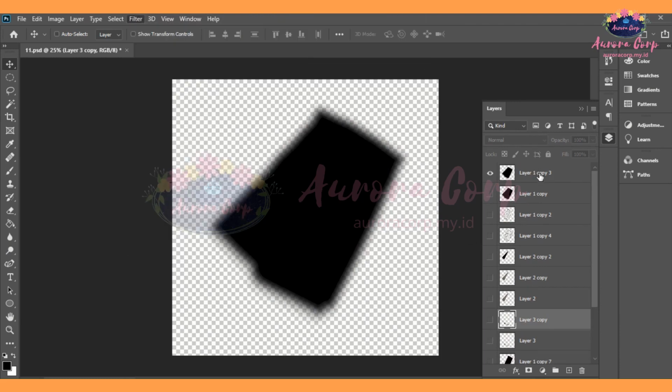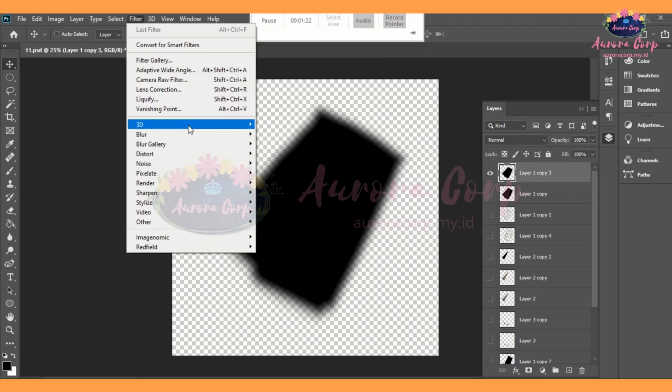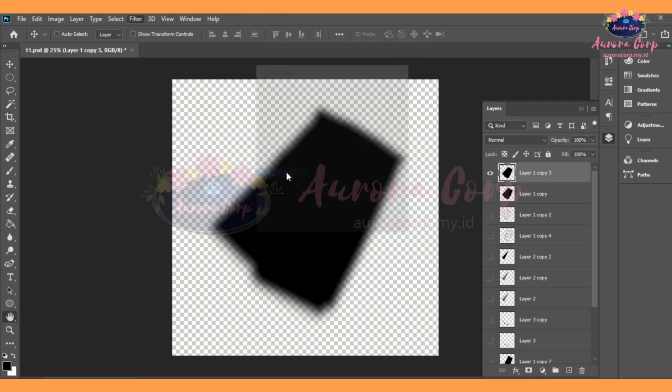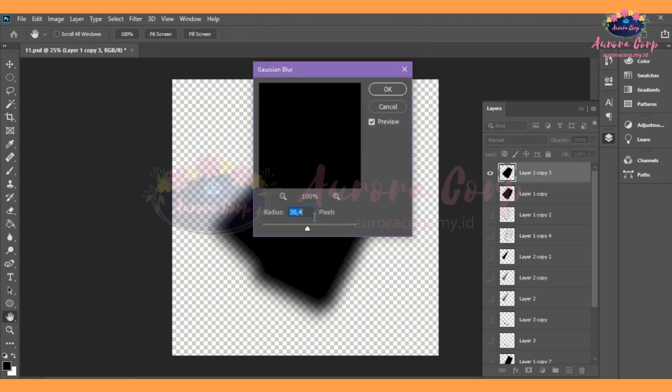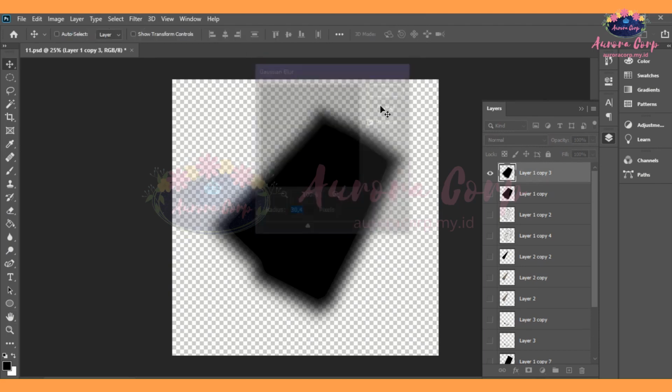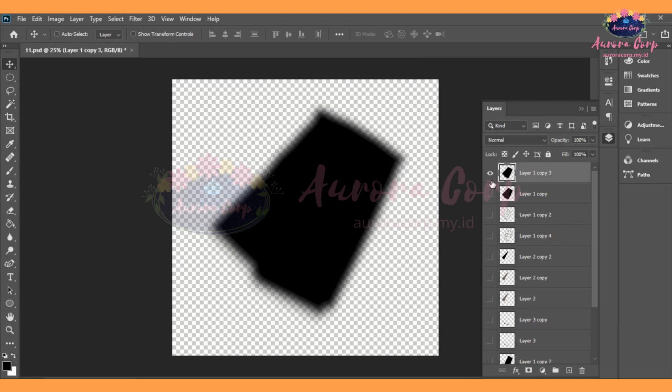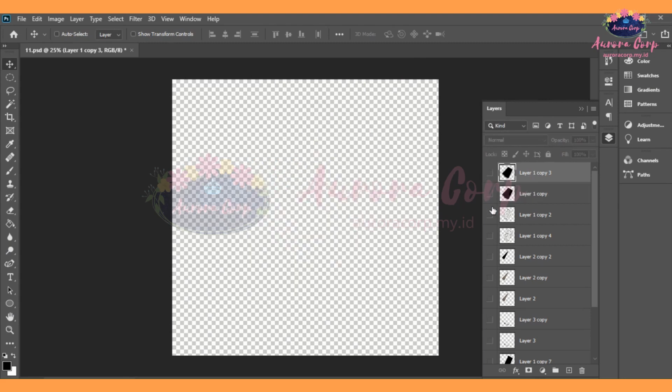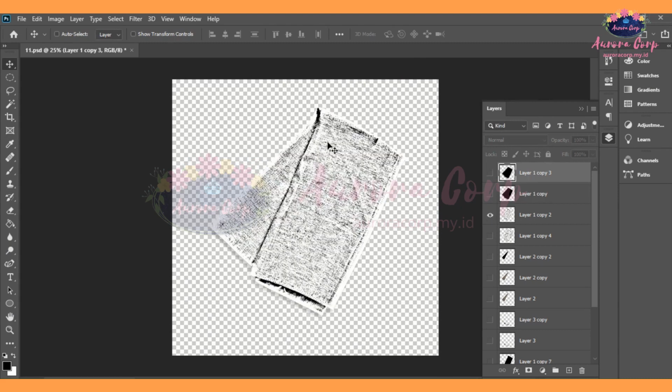this one, blur, Gaussian blur, and then you can choose the radius for the shadow that you want. And then we have to make the black and white things like this,